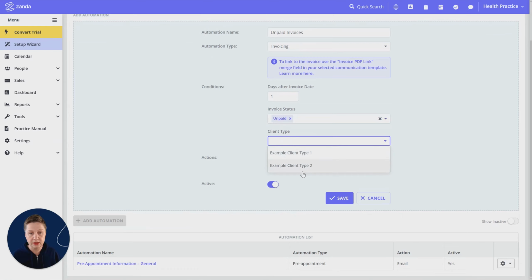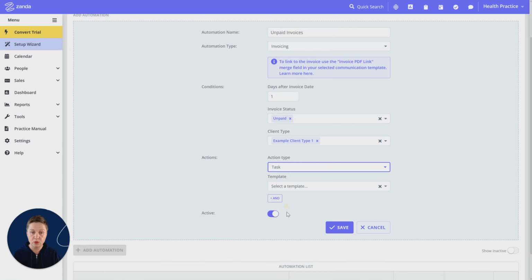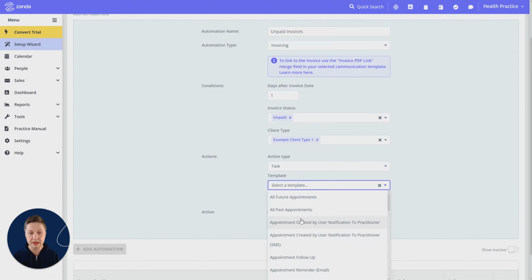And also you can select this by client type, so that only some clients get this reminder, and we can set it up for them. The type of action here can be email or SMS that will be sent to your clients or payees of that invoice. It also can be a task for your team, for example, so that they can have a look at the task generated for the unpaid invoice and, for example, select a template